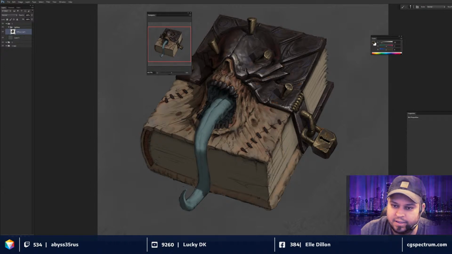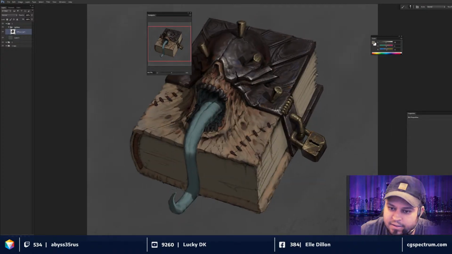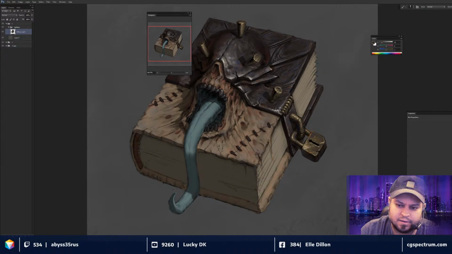Think of yourself as like an image wizard, right? You're crafting this visual spell to put over on your audience. But if you don't understand your audience, you're not going to be able to manipulate them very well. And that's a huge difference between entertainment art, entertainment design, and fine art, right? Fine art, you put stuff out there and you kind of let them interpret it. You kind of let them feel the way they want to feel about what you're doing. I mean, you can certainly have a message, but